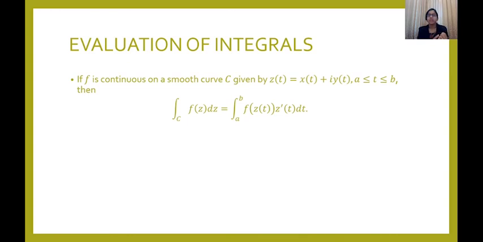And remember the formula, that is integral over c of f of z dz is equal to integral a to b of f of z of t into z dash of t into dt. Okay, that is when we convert everything into t. Now if we have x, it will be the variation of x into f of z of x into z dash of x into dx, and similarly for the case of y.